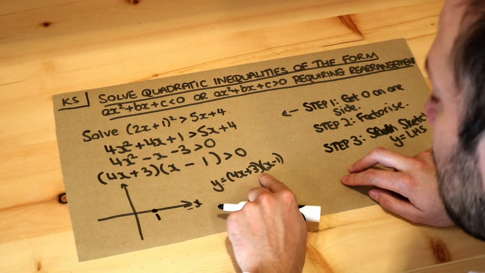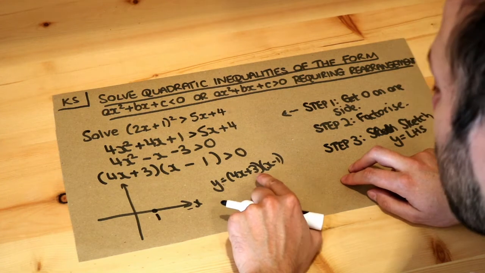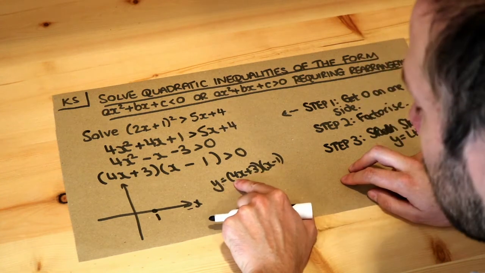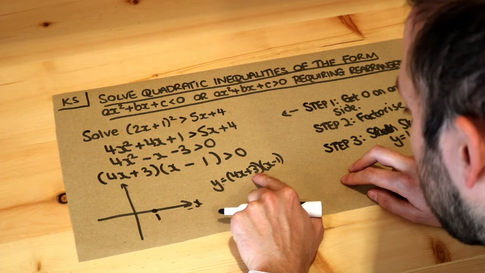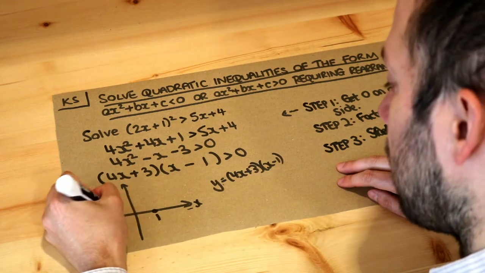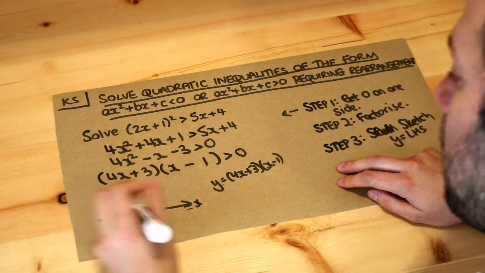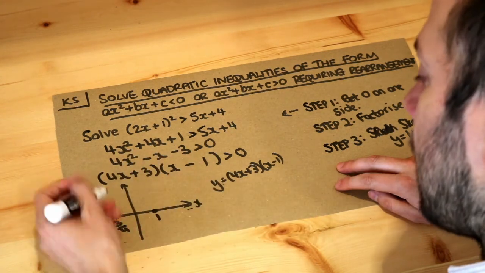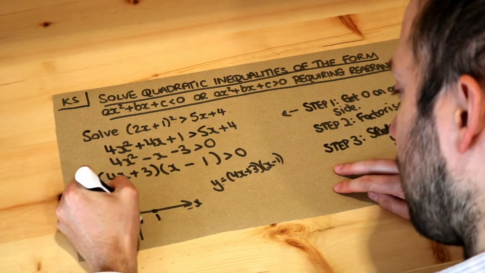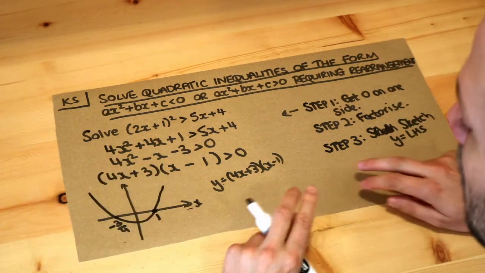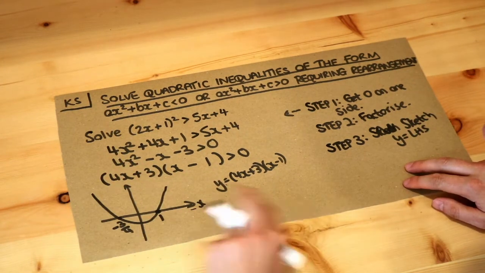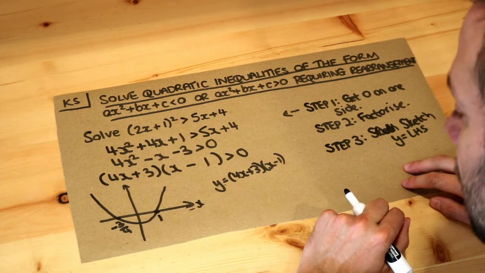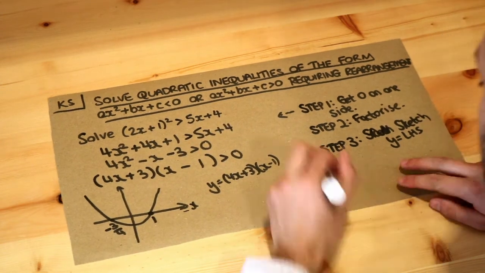And if 4x plus 3 is equal to 0, remember the quick way of doing this? You just negate that and divide by the number in front of x. So it'd be minus 3 over 4, so minus 3/4. And then because it's a positive number in front of the x squared, it's 4x squared, it's going to be a positive quadratic, and it's going to be a smiley face shape like that. Remember, we don't need to write the y-intercept on here because it's not relevant for solving this inequality. And then step 4